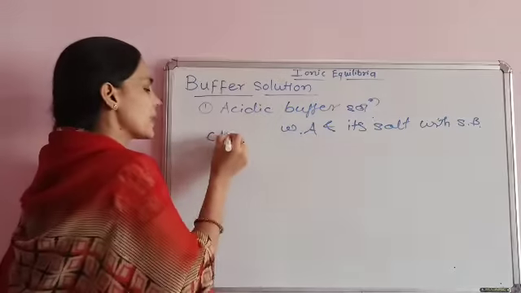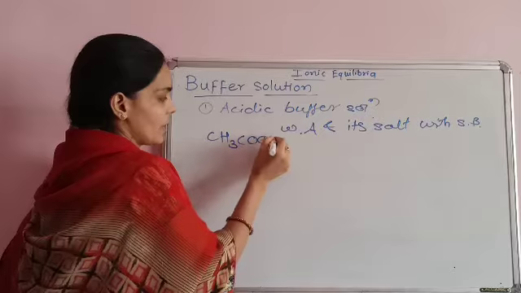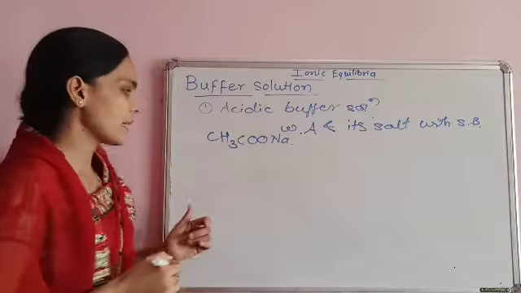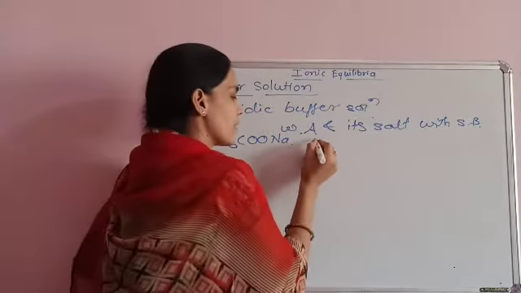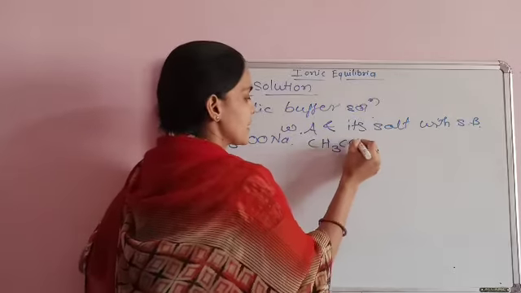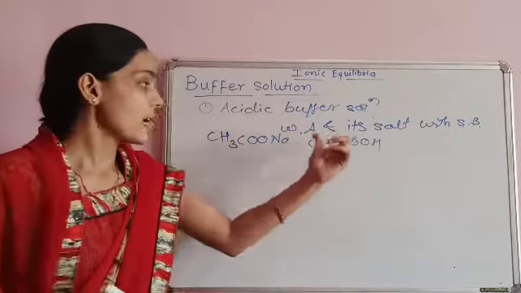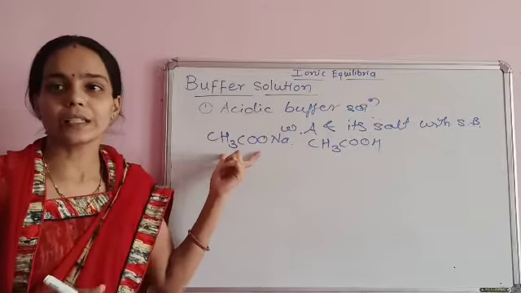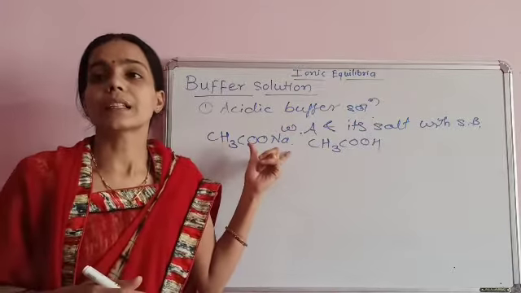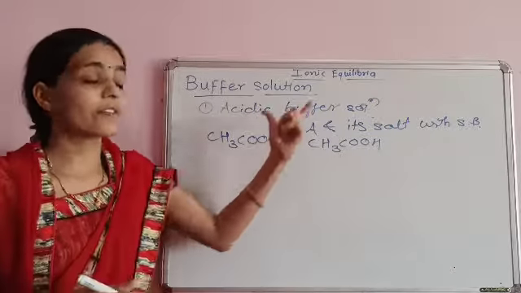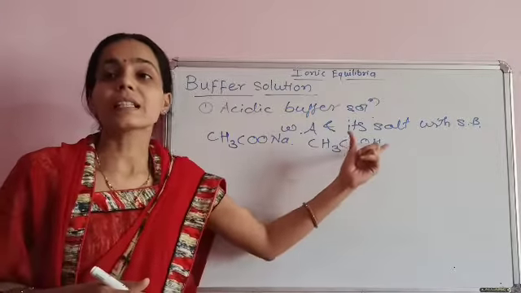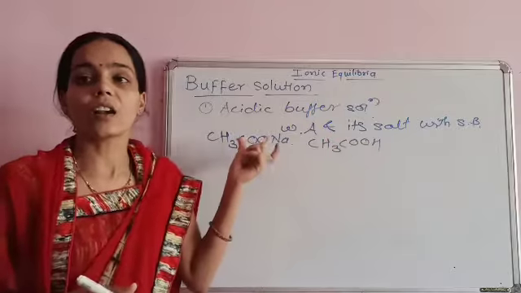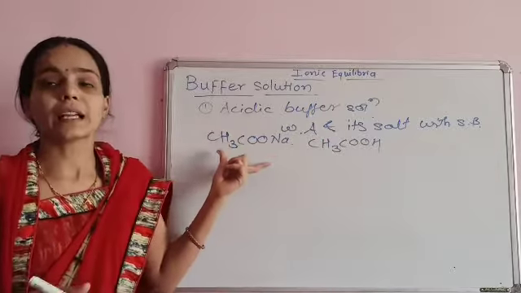Example: weak acid, acetic acid, and its salt with a strong base NaOH, that is, sodium acetate. A solution containing a weak acid such as acetic acid and its salt such as sodium acetate is